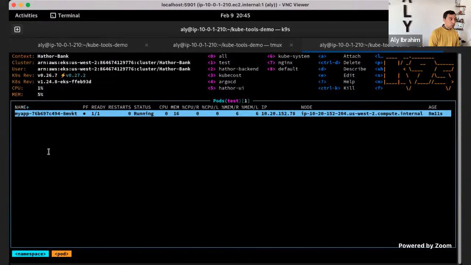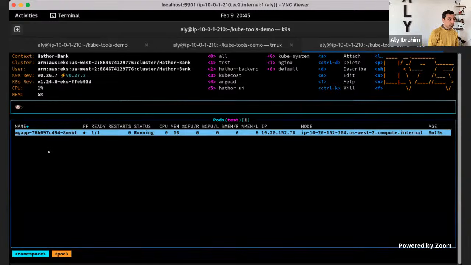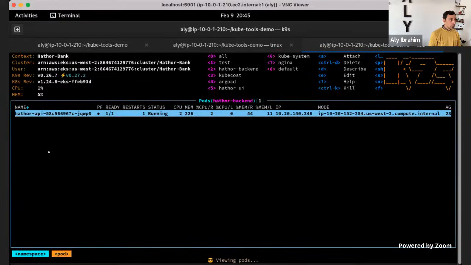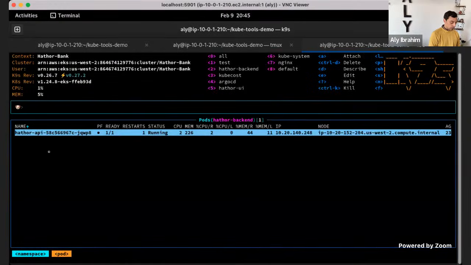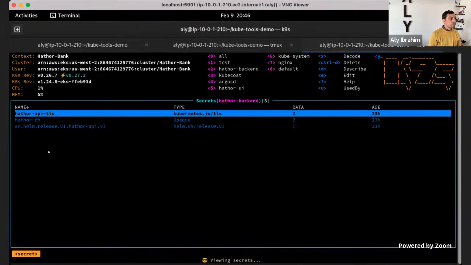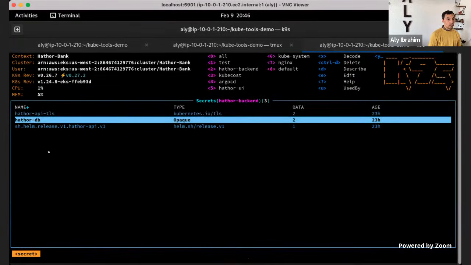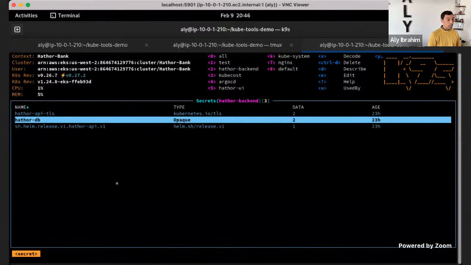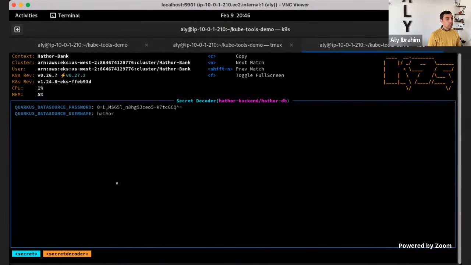Another thing you can do here, which is also sometimes very helpful, is checking the secrets. So if we go back to namespaces and we choose that backend, and we do the secret. So we have this secret. We can do X. If you check the secret itself, you can see that the data is encoded. But if we go back and we do X, which will decode it, you can see that we can now get the secret values.